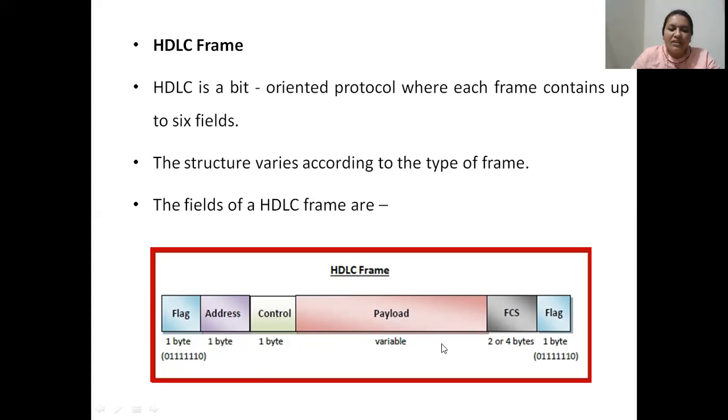The size of the payload depends on the type of network the data is transmitted through. Another field is the FCS field of 2 to 4 bytes.